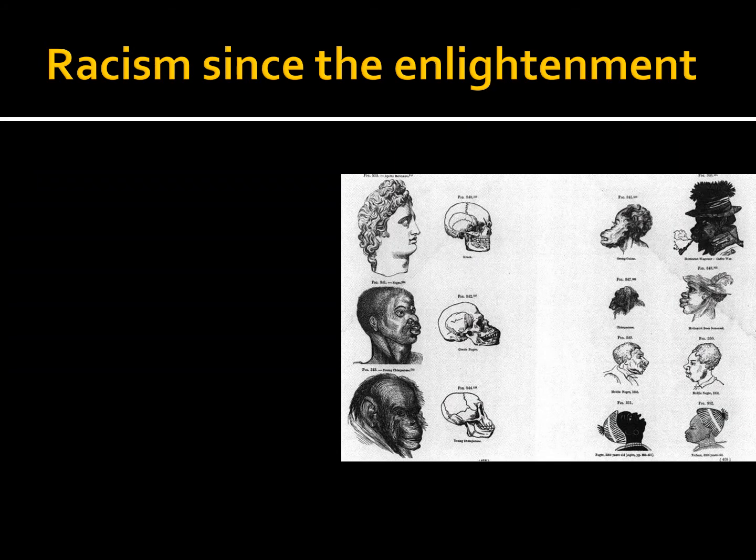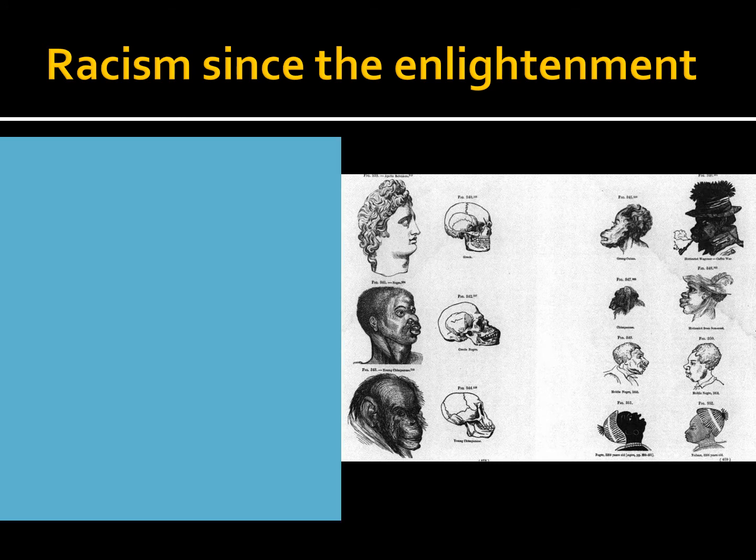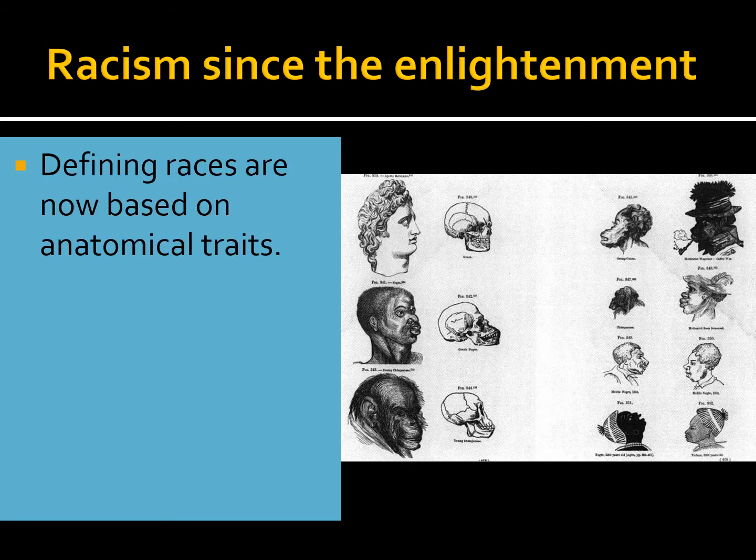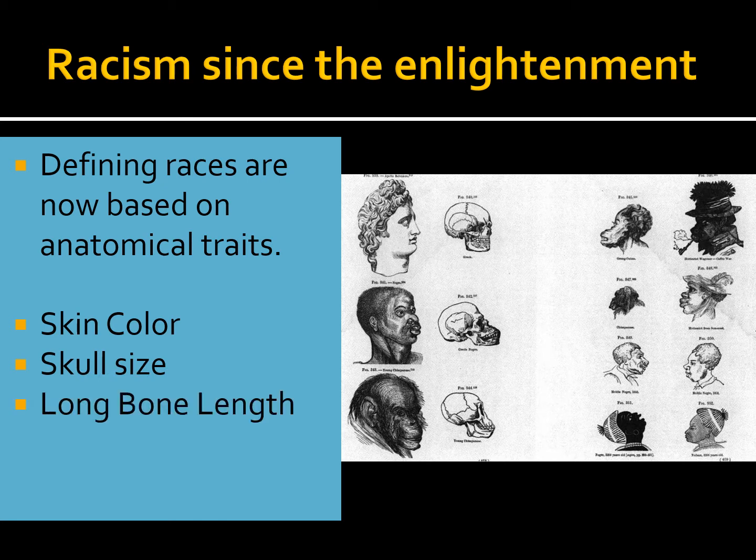So as you move through the Enlightenment period in Europe, you start to see a shift in this defining and these pejorative or segregative behaviors within different cultures, away from being culturally and religiously based to more anatomically based, right? This is coming out of the age of early science, where they were now trying to define races based on anatomical traits like skin color, skull size, long bone length, blood group, etc. There were a whole host of different categories that they were trying to use to create these discrete groupings of humans.